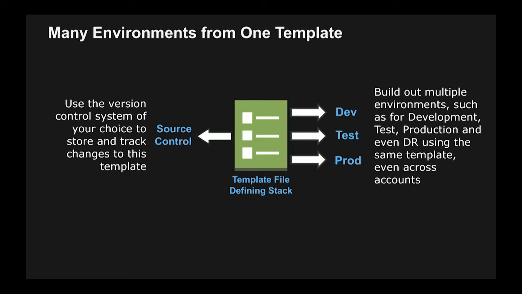And so as part of this, you want to think about how you can build a single SAM template that could be stamped out in any of the various environments that you might have, such that you don't have to have a testing SAM template, a dev SAM template, and a production one. So just something to be mindful of how you think about this. And then because it is a text document, you're going to want to store it in source control. You can actually do CI and CD of your SAM template. Often people will, as part of a build process, lint and syntax check those the same as they would if they're actual code.